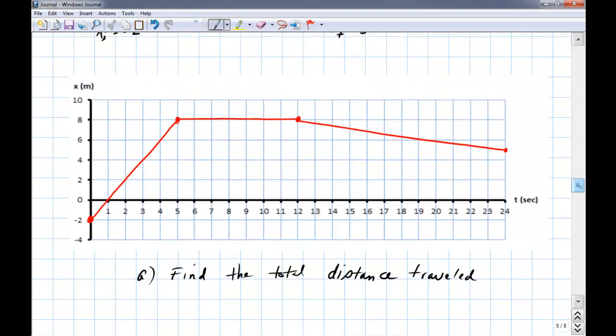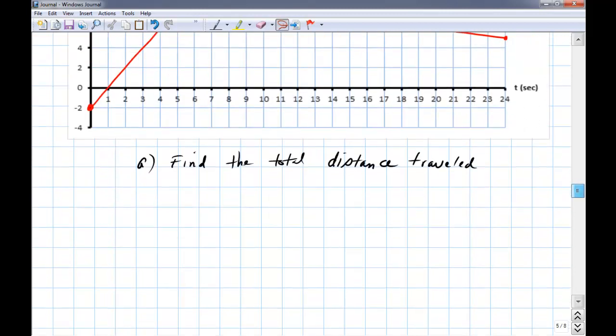Before we begin, I would like to call your attention to the fact that this journey has 3 distinct legs. There's this leg over here that spans a time of 0 through 5 seconds. The second leg spans a time of 5 through 12 seconds. And the third leg spans a time of 12 through 24 seconds. So the total distance